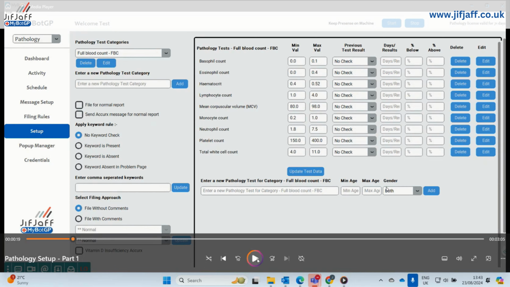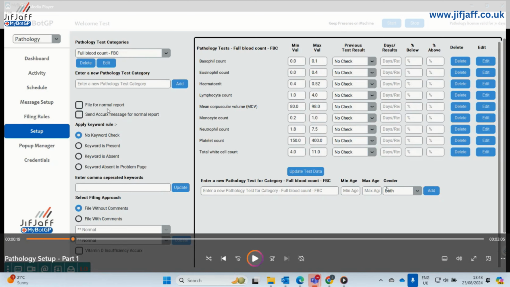So, coming back to the demo, this front page here, let's say, for example, MyBotGP has been plugged in and it's read your full blood count. This is what it's come up with. When I was saying before everything's in red, when you click on it, the clinician who's going to sign off the ranges with their colleagues is going to look at that and say, okay, this is what my lab is saying, because this is essentially a snapshot of what the lab says. Do you agree or disagree? Well, firstly, if you always agree with that,